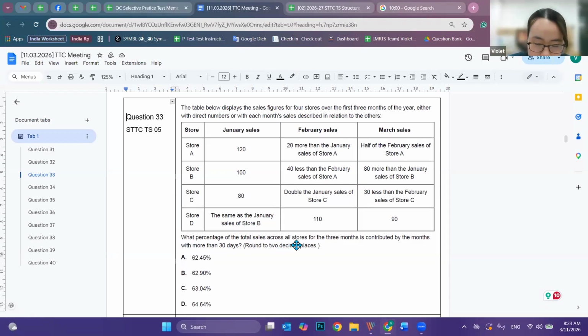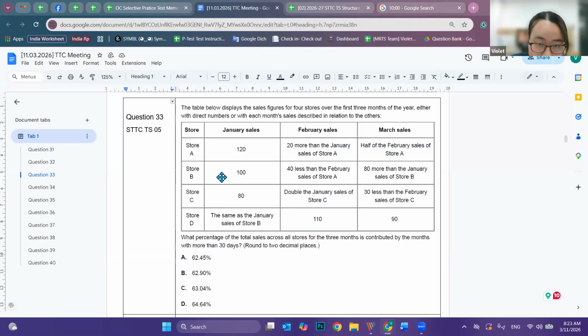We need to calculate each month's sales for each store. For store A, January sales are 120. February sales are 20 more than January, so 140. March sales are half of